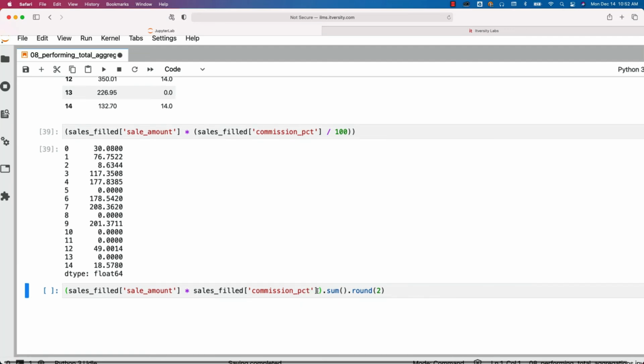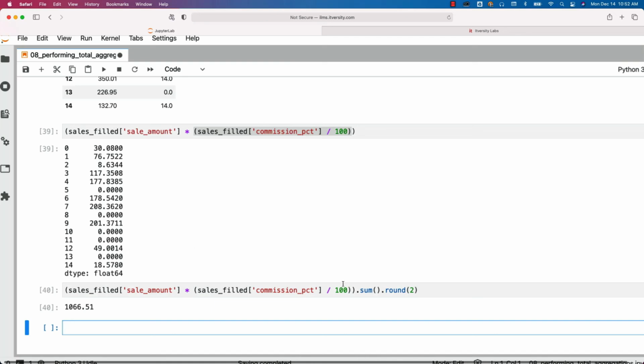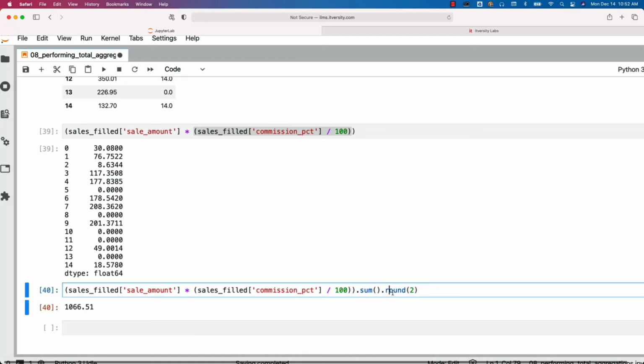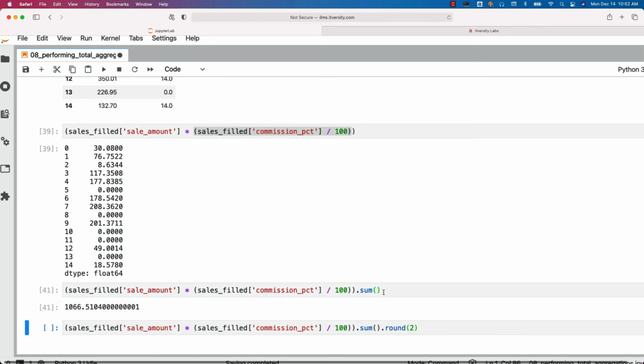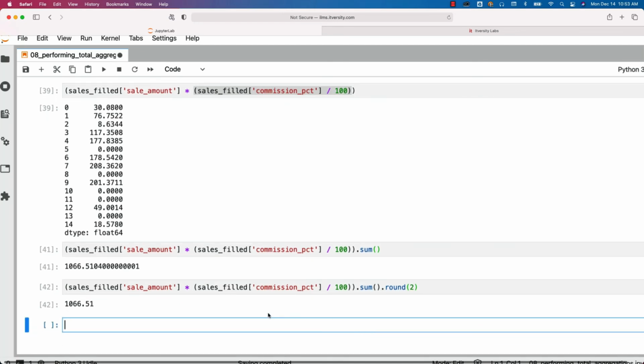Same thing has to be used here. I missed this part. So I just have to copy and paste it here. Now you should be able to get the total commission amount using these numbers by adding them together using some function. Once you run this, the decimals might be more than 2. So if I copy paste this here and remove the round here, and run this, you can see that the decimals are a lot more digits than 2. If you want to round them off to 2, you just have to invoke the round function after sum, and you should be able to get the result we are looking for. So the total commission amount is nothing but $1,066.51.